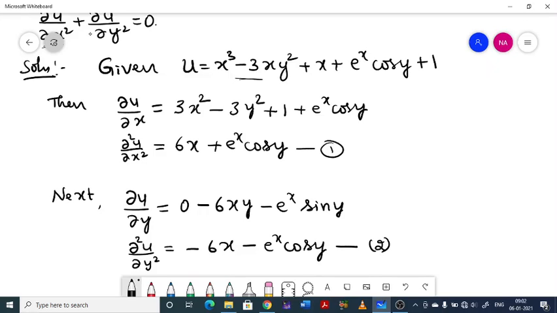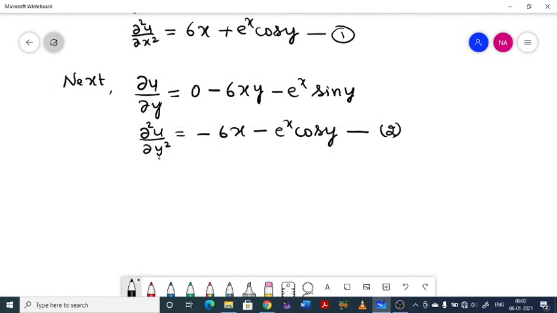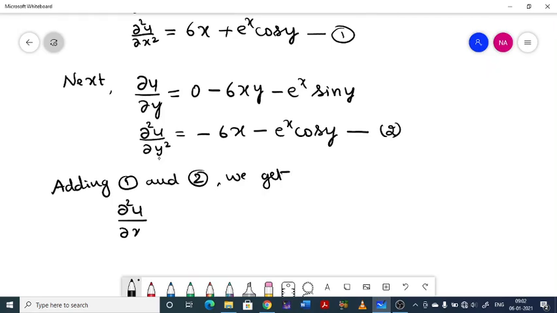I need dou square u by dou x square plus dou square u by dou y square, so I will add them. Adding equations 1 and 2, we get dou square u by dou x square plus dou square u by dou y square